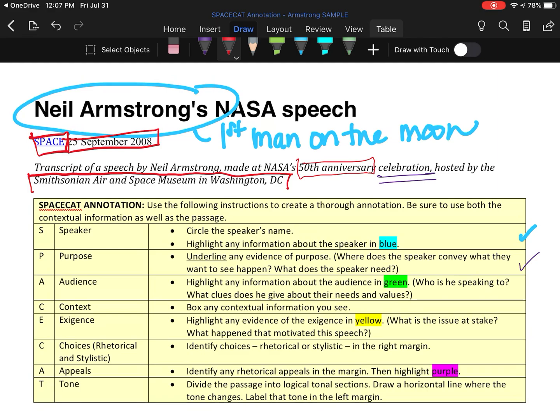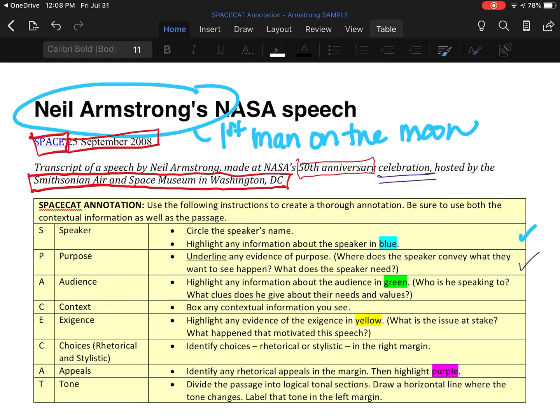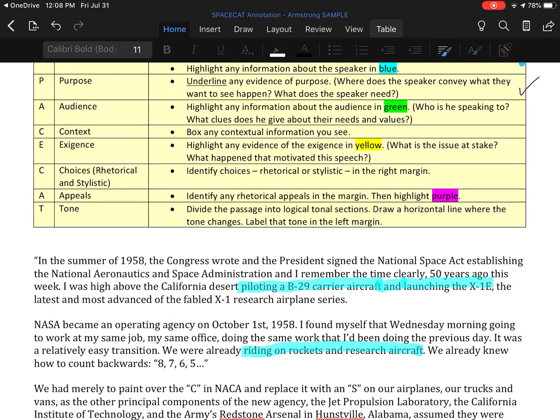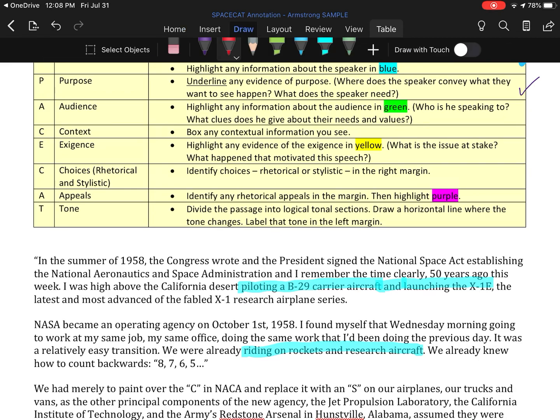Because remember, context is anything that's kind of surrounding this moment outside of that rhetorical situation. So definitely all of those pieces play into the context. Now down here in these first two paragraphs, he hasn't really delved too deep into the context, but he does talk about how